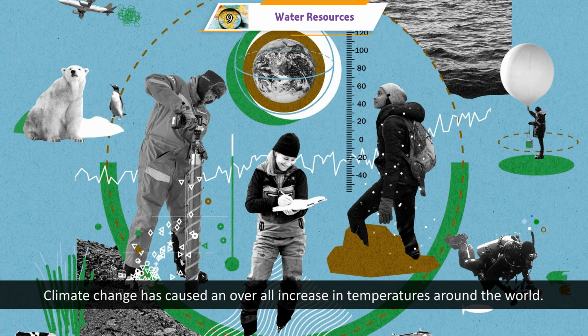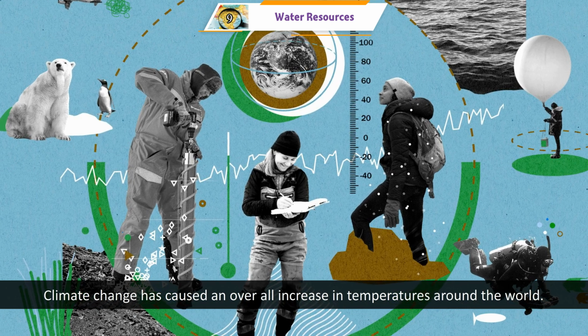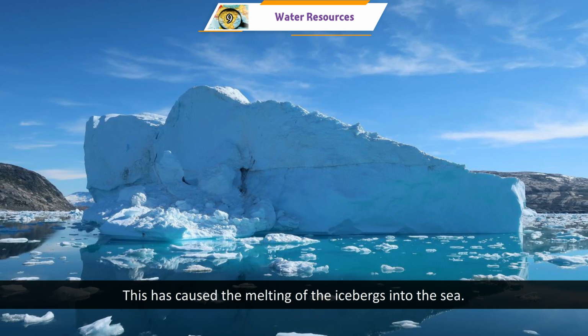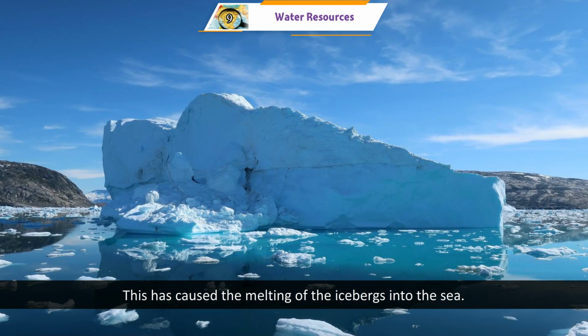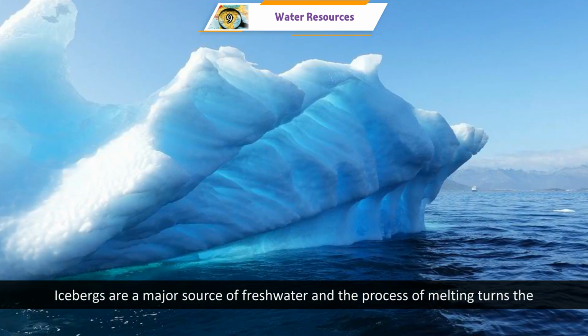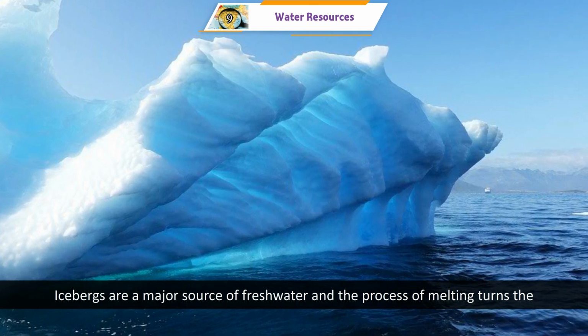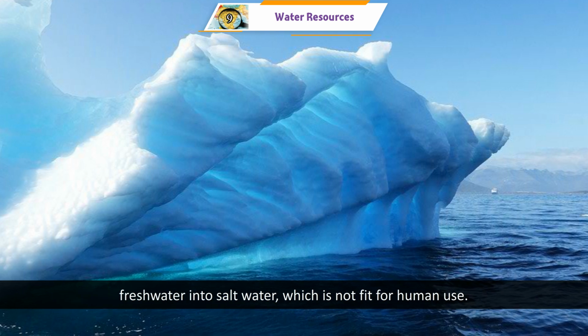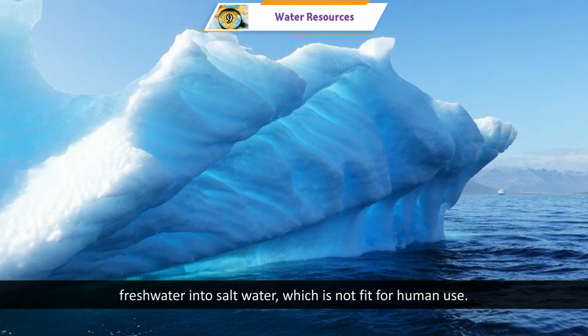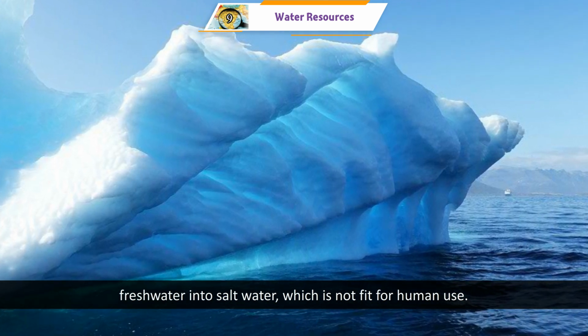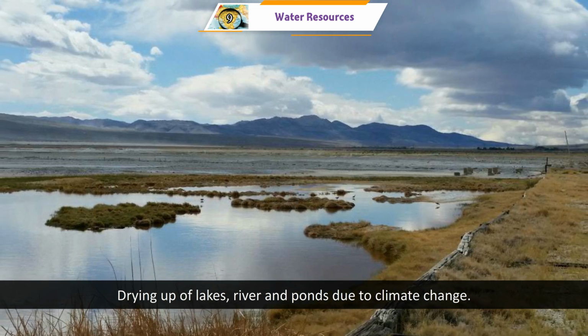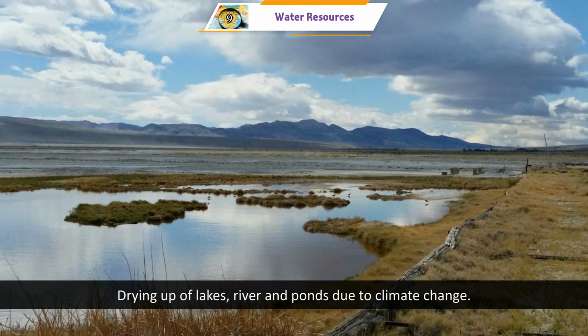Climate change has caused an overall increase in temperatures around the world. This has caused the melting of the icebergs into the sea. Icebergs are a major source of fresh water, and the process of melting turns the fresh water into salt water, which is not fit for human use. Drying up of lakes, rivers and ponds due to climate